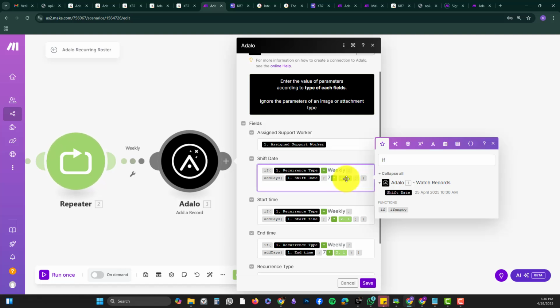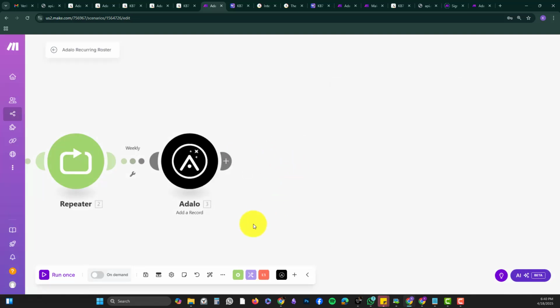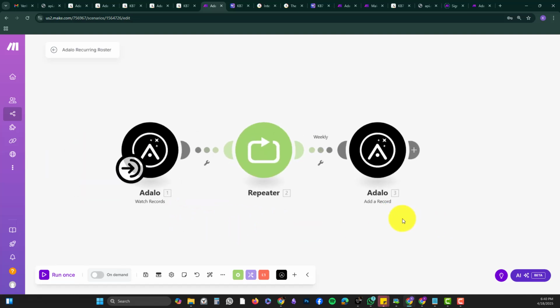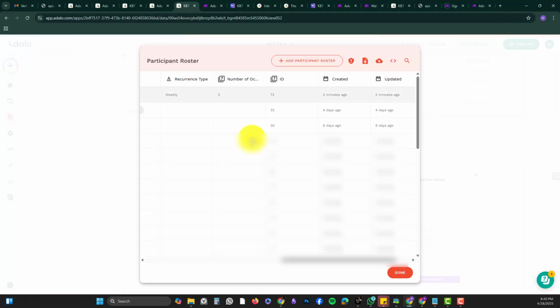So when you set index, this one corresponds to the repeater, okay? And if you want to remove, let me just remove that. We don't need that. Okay, now let's try to run this formula, the workflow that I created, because this is set up as drop right now. So I'm going to run the one that we just added earlier. So click run or 2, and then if we go back to the Adalo database,